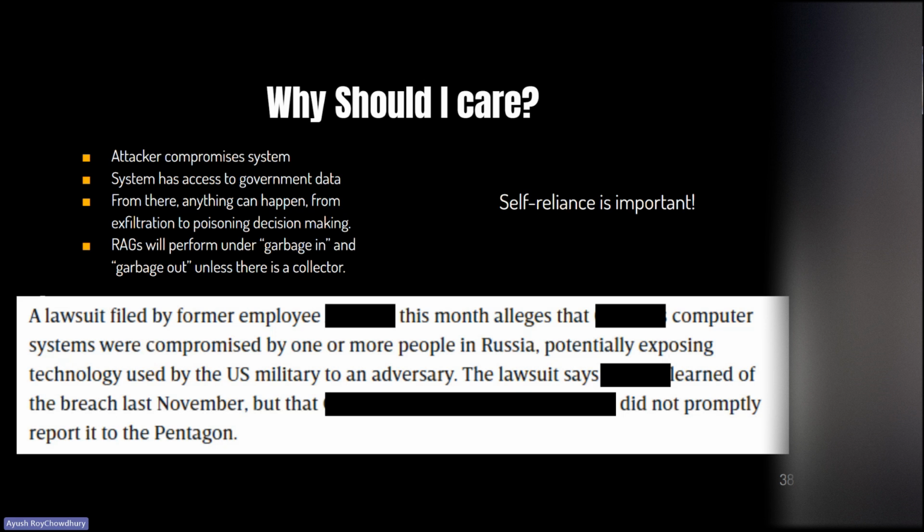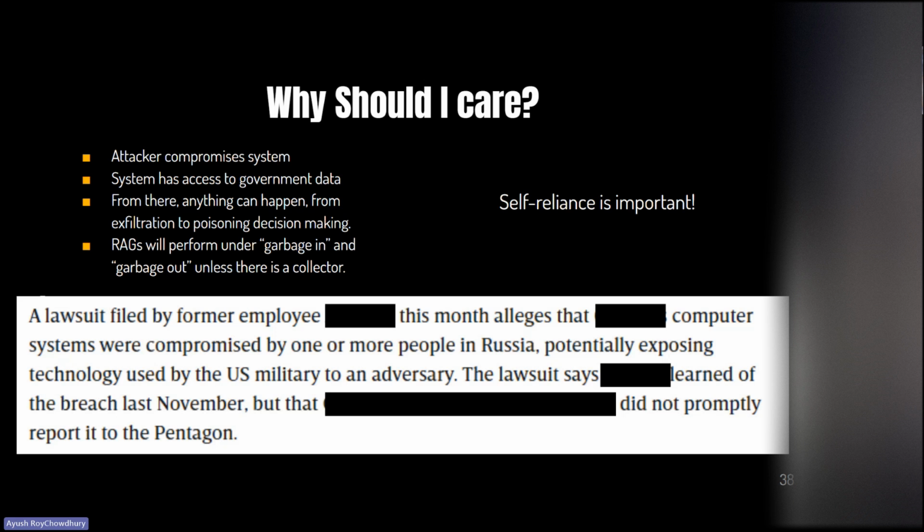So why should you care? Well, when an attacker compromises a system through a model, it's a bit too late sometimes, as we've seen in the examples before, to try and root cause it. You can still root cause and figure out what went wrong, but security, and this is my opinion, always begins with prevention. And while reactive security is great, there should be defensive measures put in place, and I am going to talk about those defensive measures. Prevention is equally as important, if not more important sometimes.